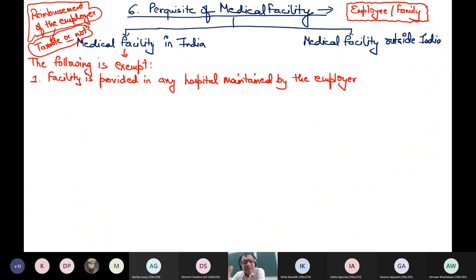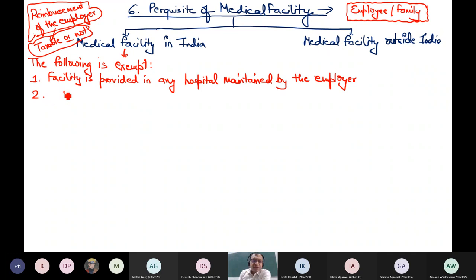Act will not say that since you have not paid 60 lakh to Tata, which you would have paid had you not been employed in Tata, you add it in your value of taxable perquisite. Act says no. Any medical provided in any hospital maintained by the employer is tax free. Second,